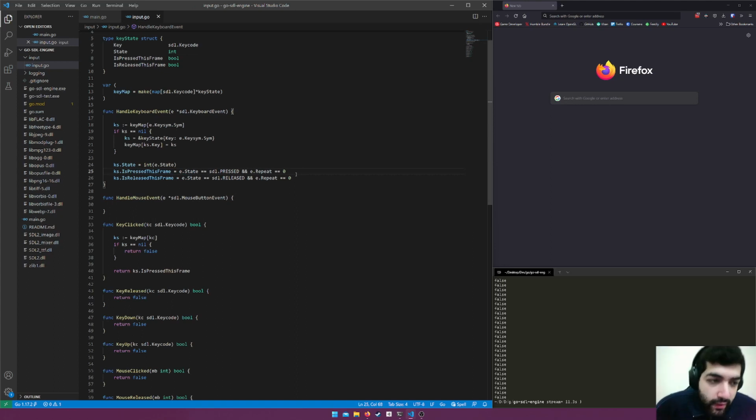Now, if we're handling a new event, that means something changed with the key. Potentially it's a repeat, or it actually happened this frame. So we're going to check both for the state and for the repeat. But while this should be okay, there is a problem. So let's just run the